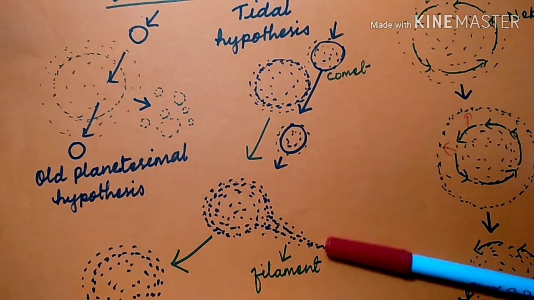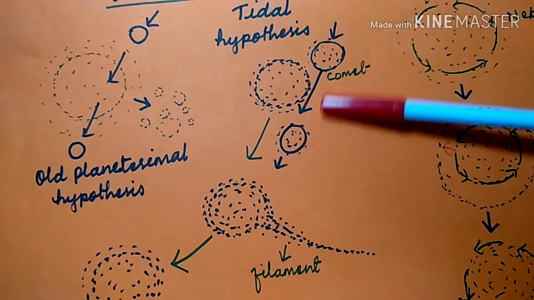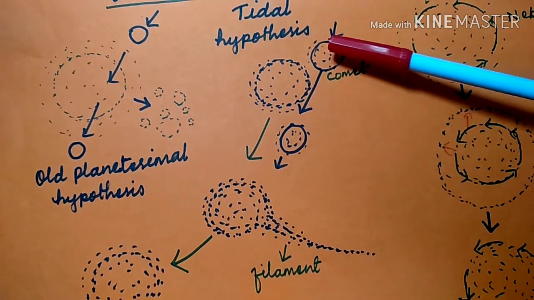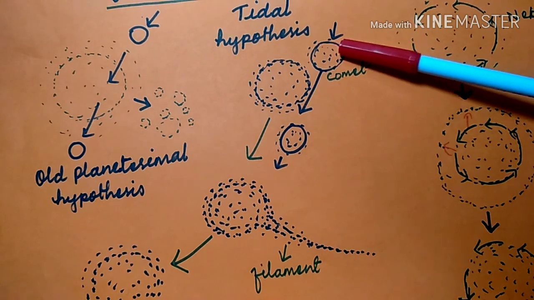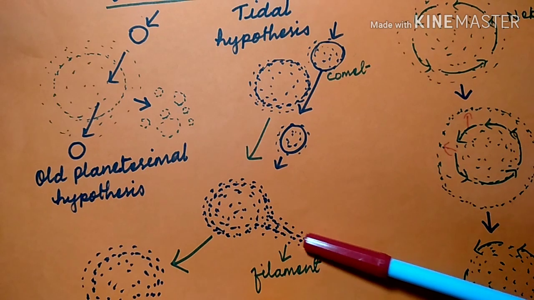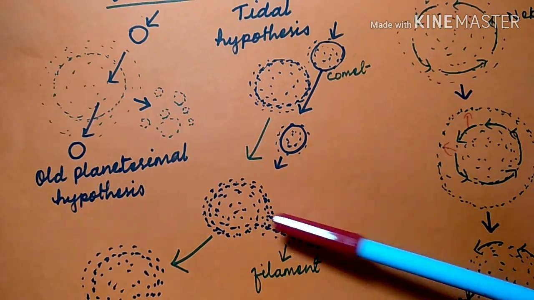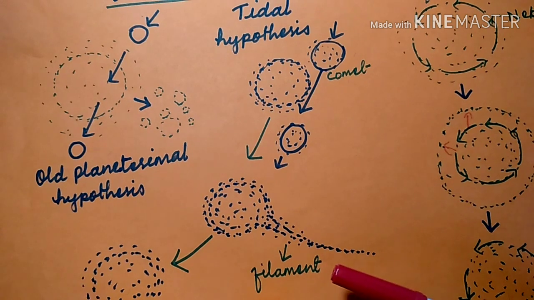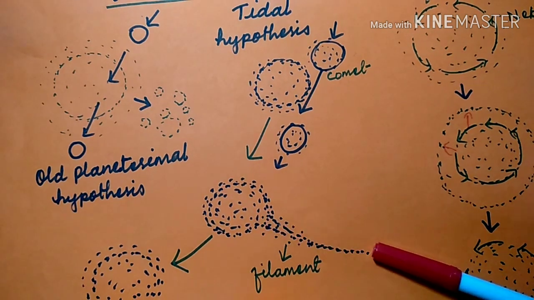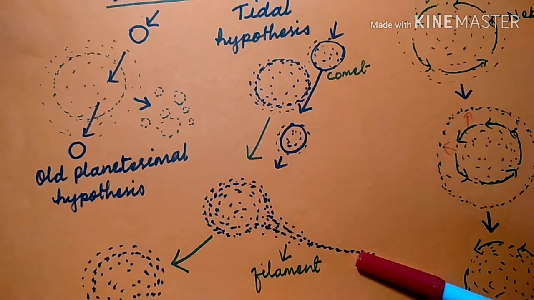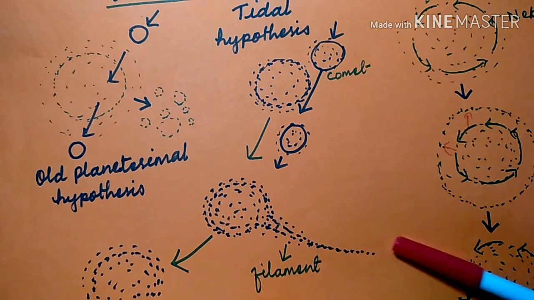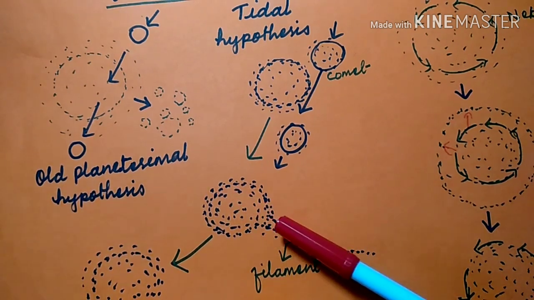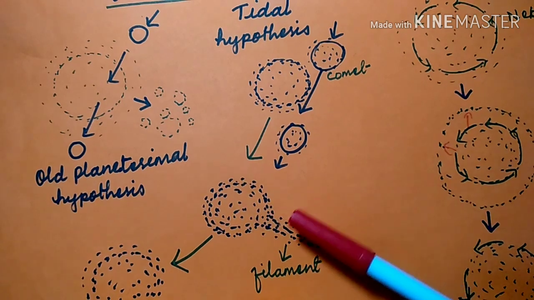But in this case, this comet or the wandering star passed by very closely to this gaseous mass. So when it happened, the gravitational force of this moving comet pulled out a large amount of gaseous material from this huge mass. Okay, so what happened is a long filament was made because it was pulled out, and in this filament the outer part escaped into the space, disappeared into the space, and the back part got pulled back towards the center mass. Okay, and there remained only the middle part